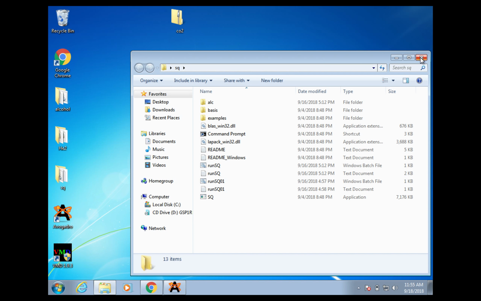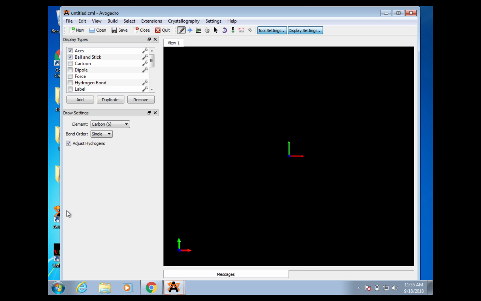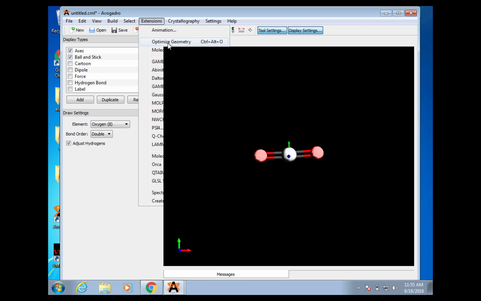Okay, this video is demonstrating how to simulate an IR spectrum by using Siam quantum. We start with using Avogadro to build up a carbon dioxide molecule. So we need carbon with two oxygens making double bonds on the carbon. After we do extension, optimize geometry,